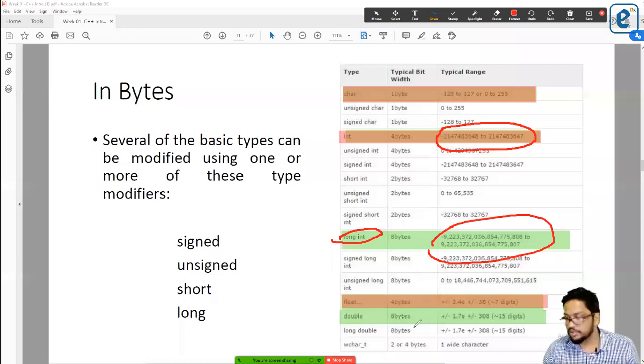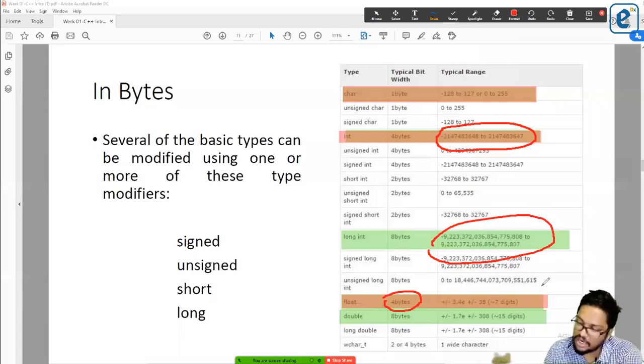Right? And also in double, what's the case? Now float is giving 4 bytes. That means you can save only 7 digits. ඒ කියන්නේ දශම සංඛ්‍යාවත් එක්කම ඔක්කොම digit 7යි save කරගන්න පුළුවන්. ඊට වඩා ලොකු number එකක් save කරන්න, if you need to save a big floating point value, then you can use double, right?